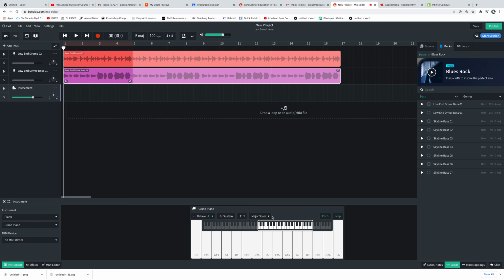Okay, so we're in the E major scale. Everything that we play here will match this bass line. So I'm gonna hit the loop right here, and that sets this little red bar here. You can change the length of the loop, but let's just do it at 4 bars, so it just keeps playing these 4 bars over and over again, so that we get an idea of how we want this to sound. So if I play this,